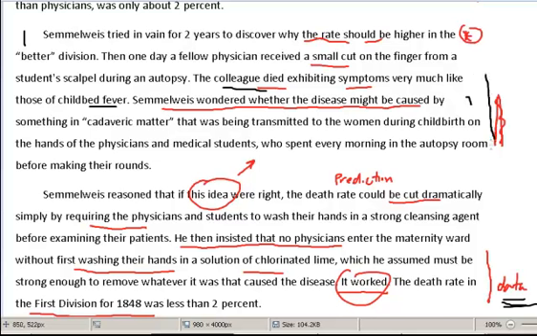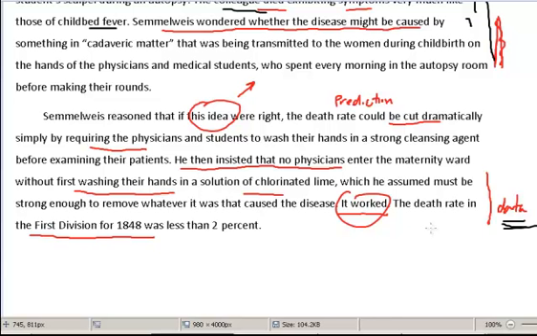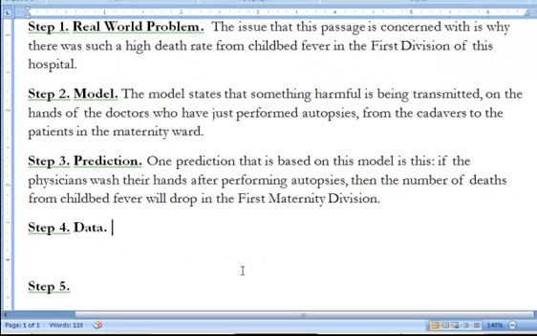The data that we have up here, while it is good, legitimate data, it does count as data, is the data that was used to create the model in the first place. When Semmelweis observed these things, that's what gave him the idea for the model. And so, although, of course, we want our models to be based on data, we don't want that data that's used to create the model in step 4. For step 4, we want new data, or at least so-called fresh data, data that hasn't been really used so far. We want that data, and we want to compare that data to the prediction that comes from the model. So here in step 4, we want